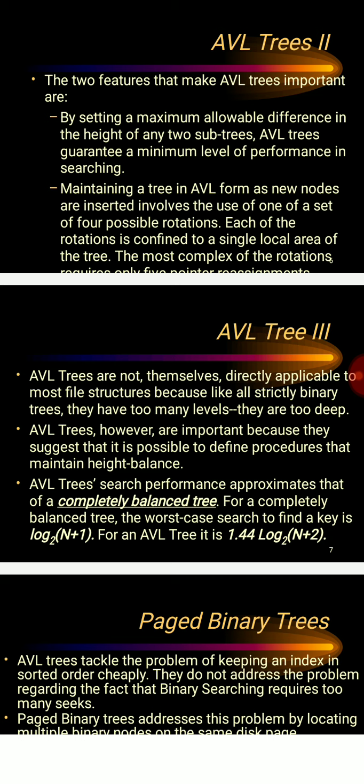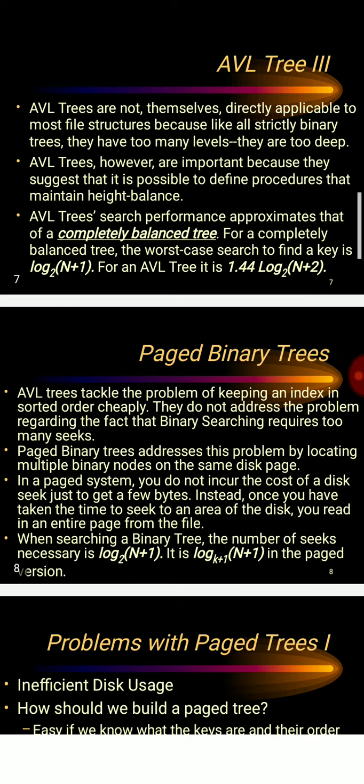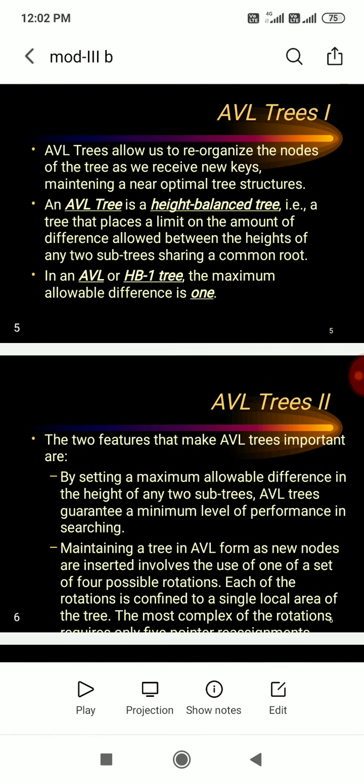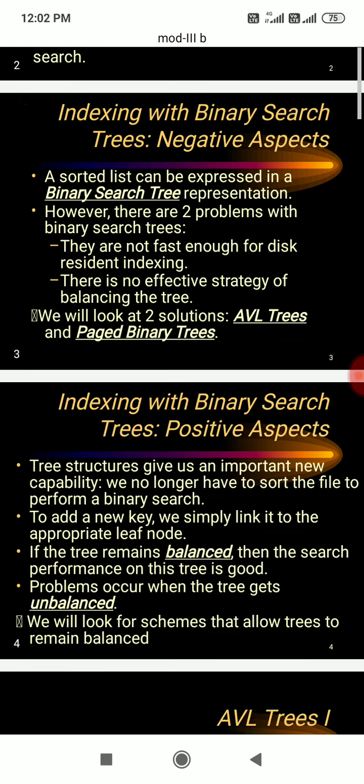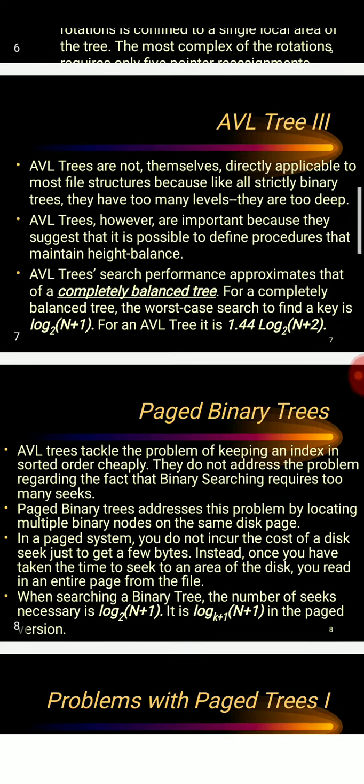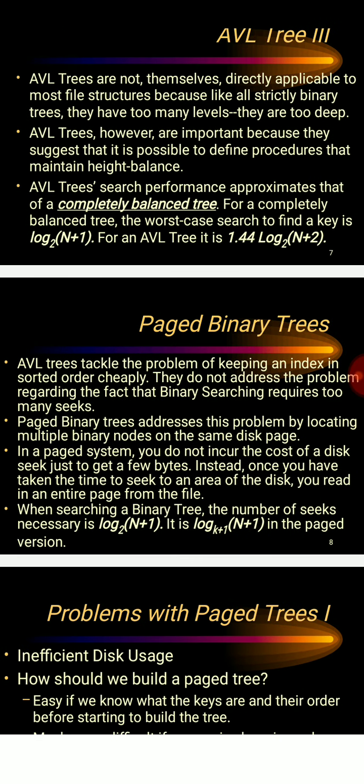Hence, what are the problems we are having? The first one, maintaining the balancing of the tree, is solved by the AVL tree. We had two problems initially for the search tree. What are the two problems? One is that it should be fast, and the other is balancing the tree. The AVL tree balances the tree and maintains the sorted order. Next, from the AVL tree we have not seen the concept of seeking. Why is seeking important? Because as the tree keeps growing, the depth keeps increasing, and then seeking keeps increasing. Hence the paged binary tree will overcome this problem.